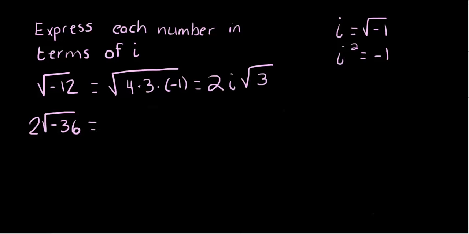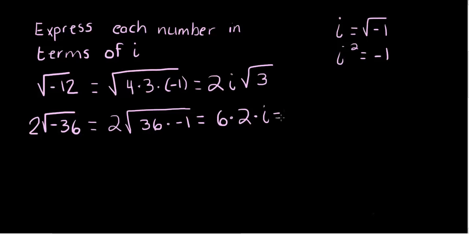Let's try this other one: 2 square root of -36. So I'm going to rewrite this as 2 square root of 36 times square root of -1. 36 is a perfect square, so I'm just going to leave it like that. So the square root of 36 is 6. So it's going to be 6 times the 2 that I already had outside the radical, times the square root of -1, which is i. So the answer will be